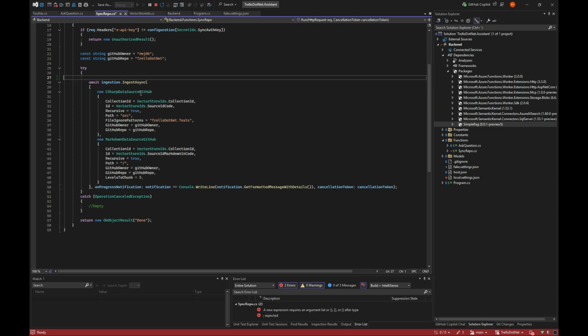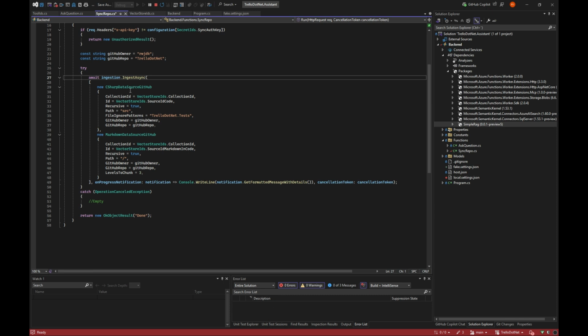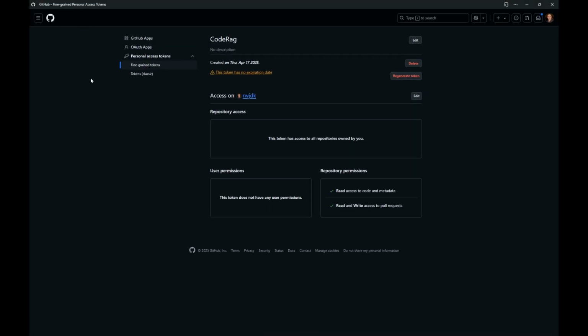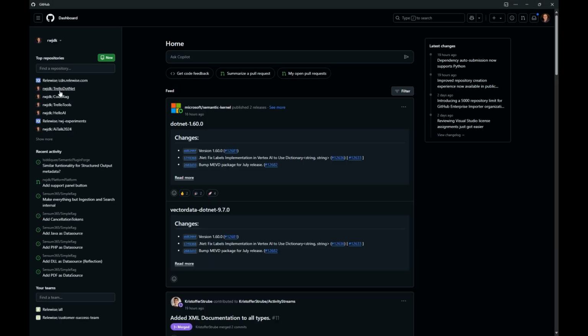But what I'm doing here is I'm just saying I have a C# data source of GitHub that I give the collection ID of Trello.net and the ID of it being code. It should work from my source folder up in Trello.net here, which I will go in here.